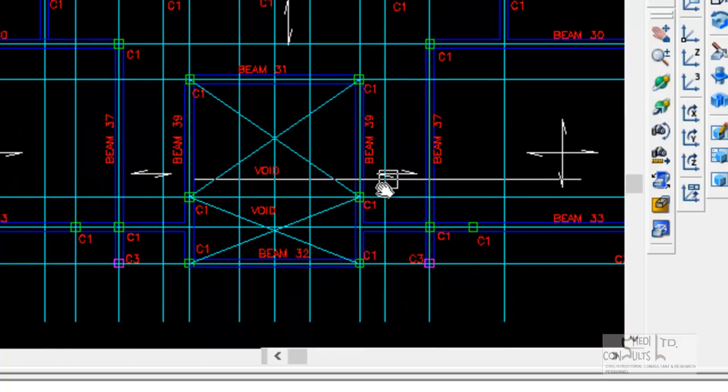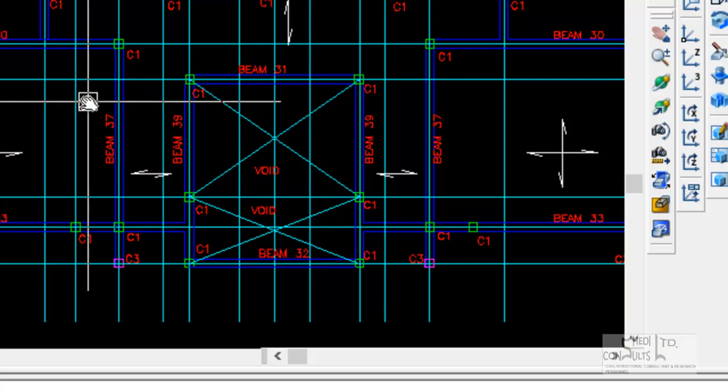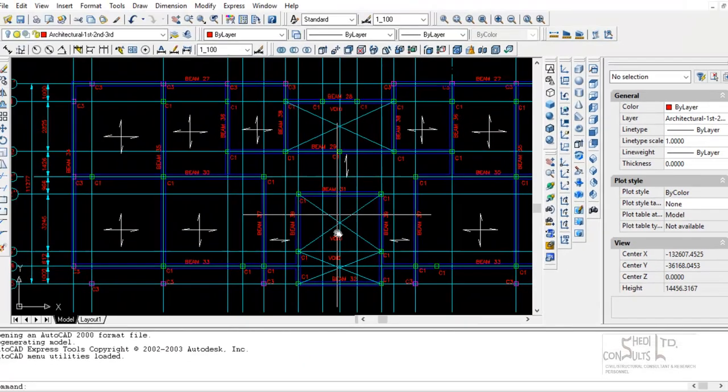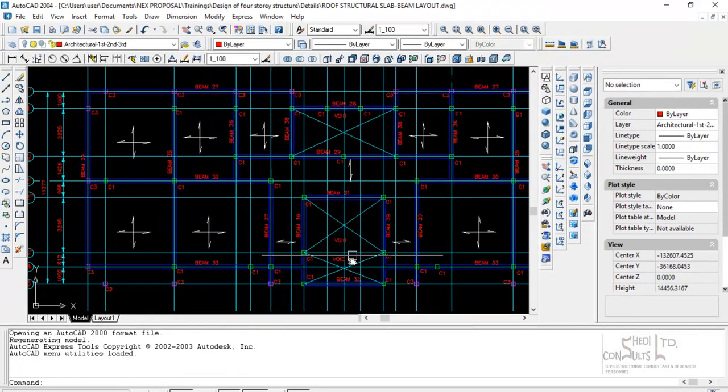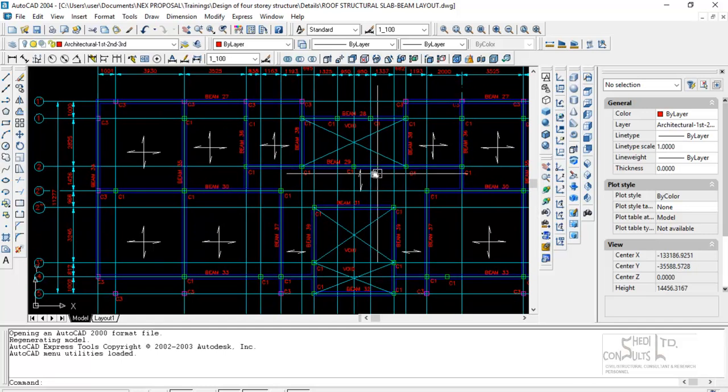Right. So it's slabbed all around here. There's a void here, so there's an access to the roof. The roof slopes in this direction, this slopes here, and that slopes here. Okay, so all of this is slab, and there's going to be felting around that to prevent moisture ingress into